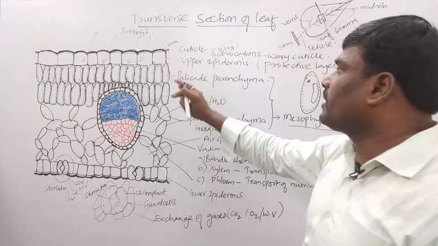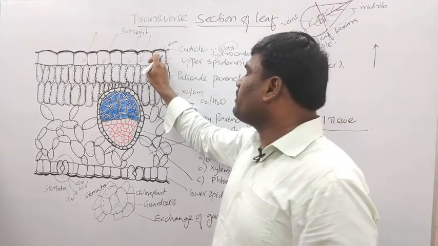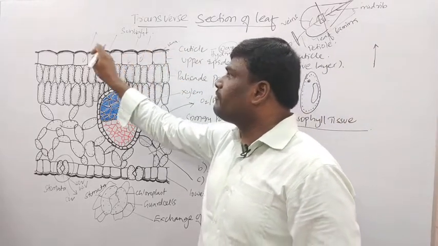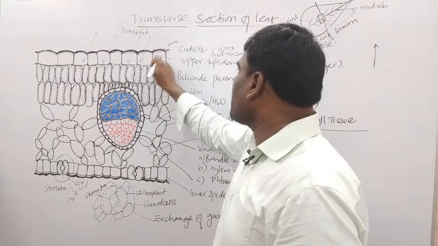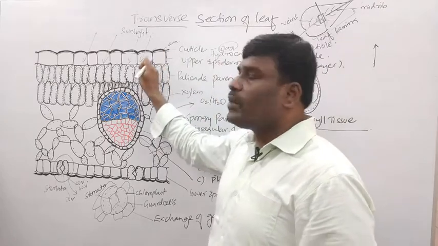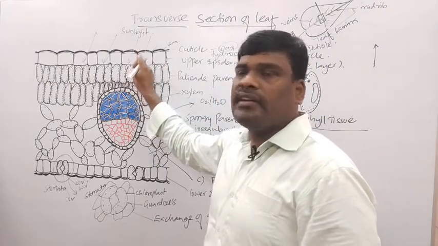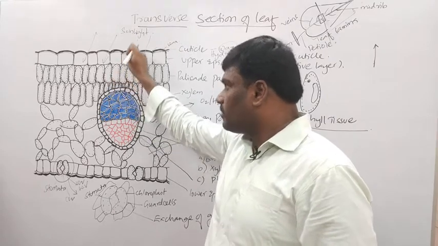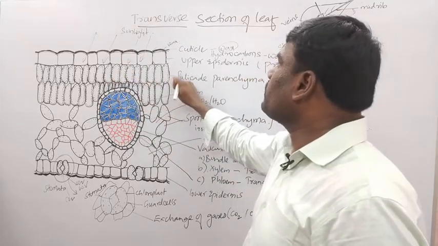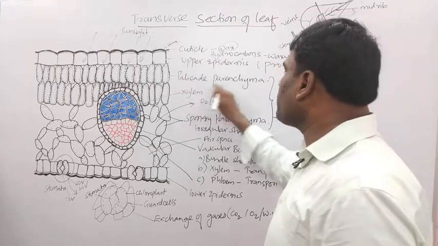Right? So in this transverse section of leaf we see the topmost layer, what? Waxy cuticle. So the cuticle is covered with what, children? A waxy material which prevents water loss. Just beneath the cuticle we see the upper epidermis. It is very thin and transparent, which allows the sunlight to pass through it. Okay, and next, just below that epidermis, we see palisade parenchyma.